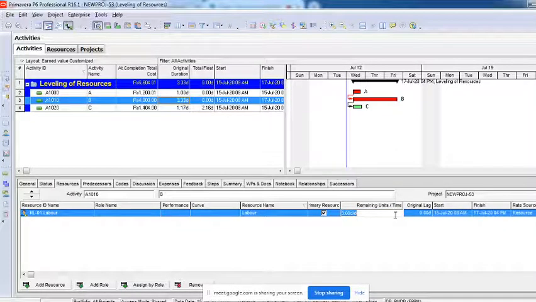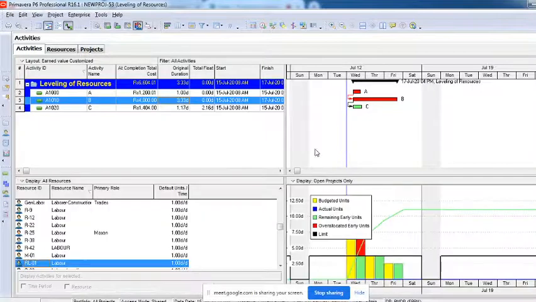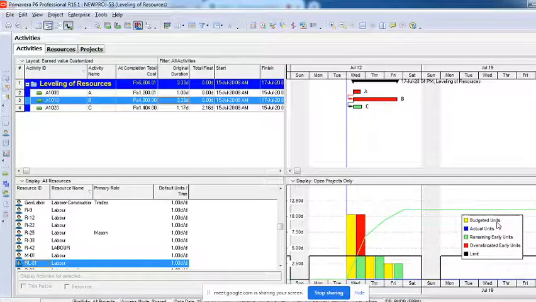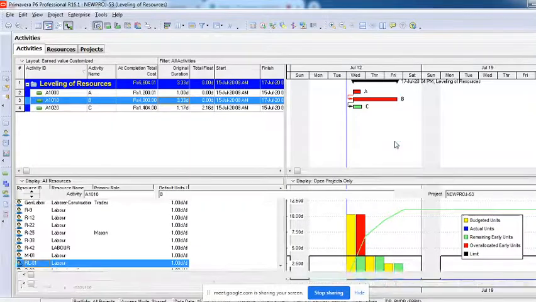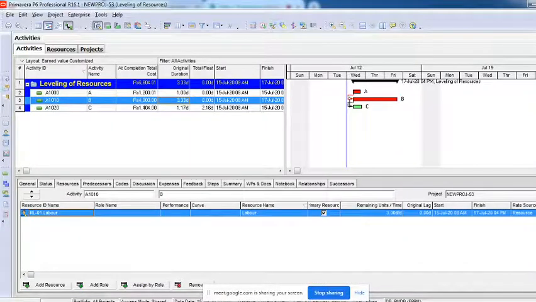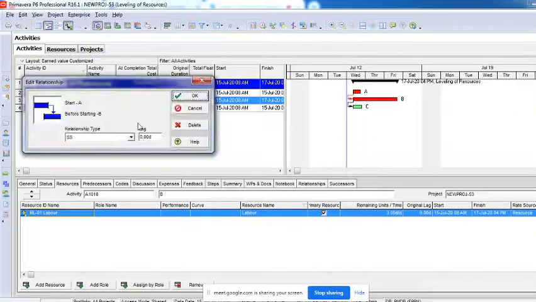Sorry, here I have to make it 6. Yeah, I need 2 resources per day, so yeah. Alright, so this is correct. Now anyway this is over allocated because we do not have so many resources per day, so it is over allocated for sure. So we'll come back. What we can do is change the relationship of these activities